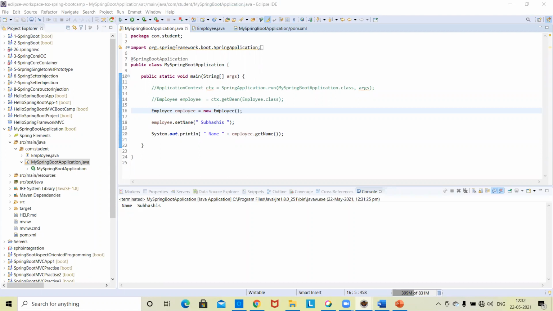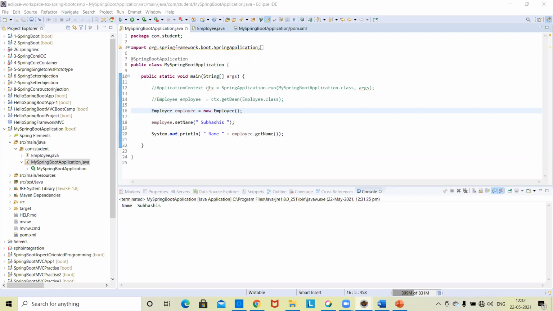But actually the thing is, suppose 2 employees left. So I do not know how many employee objects will be created on the fly. But here is the beauty of the Spring technology. It will create objects on the fly whenever a request comes. So you are not creating objects and hard coding them. This is one of the biggest advantages of the Spring technology, because your container will notice how many instances are required according to the requirement. It will create the object for you.